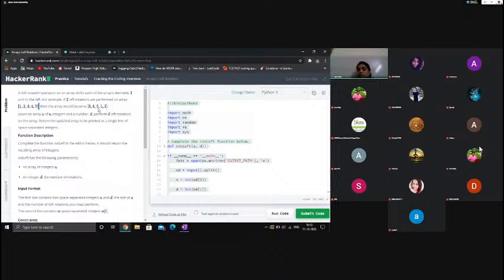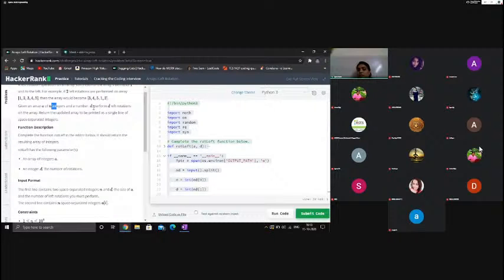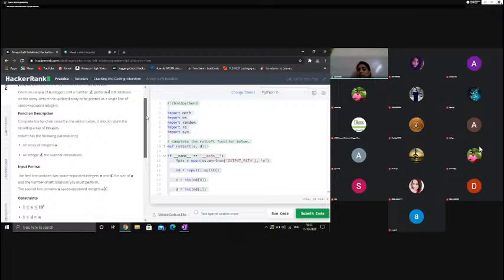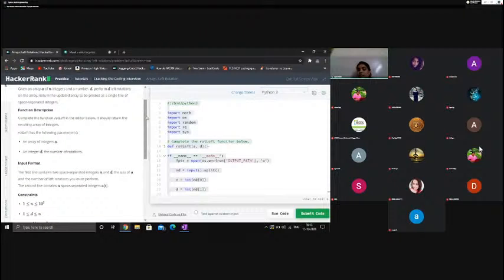Okay, and we are given that A is the array, N is the number of integers, and D is the number of left rotations which we have to take. In the functional description, it is clear that it's an array of integers. The integer D is the number of rotations, and the input format is